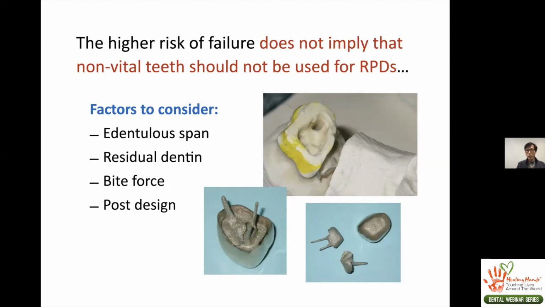And the other factor may be how we are going to design the post. We can select a prefab post and core, or we can design a cast post and core. This patient case shows a tooth sitting in the back, and this post was designed to engage 3 canals. One is the palatal aspect and 2 on the facial aspect. And since the canals were divergent, those posts were designed in 2 segments and then joined in a dovetail fashion and